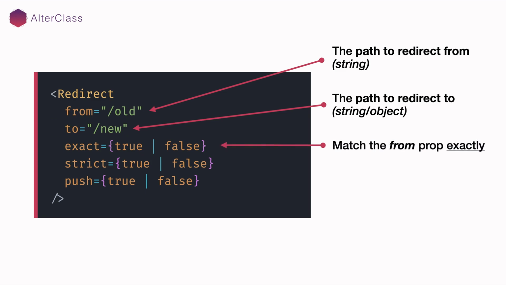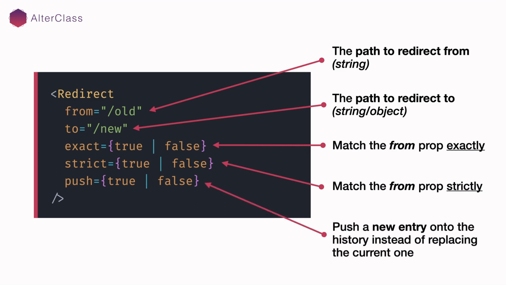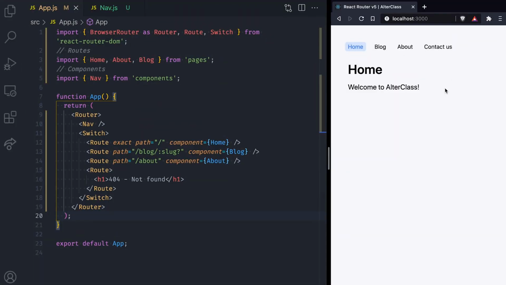Next, we have the exact and the strict props to match the from path exactly and strictly with a string slash. And finally, we can set the push property to push the new location onto the history stack instead of replacing the current one. So let's take a look at some code now so we can see how this actually